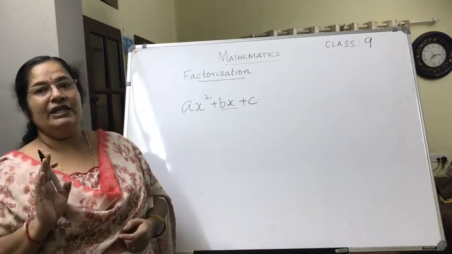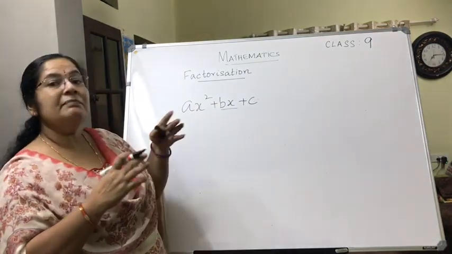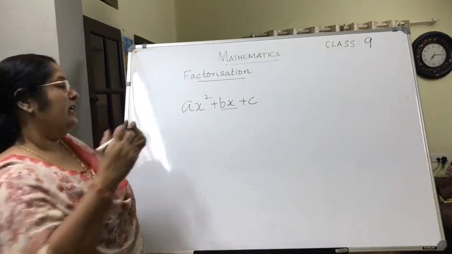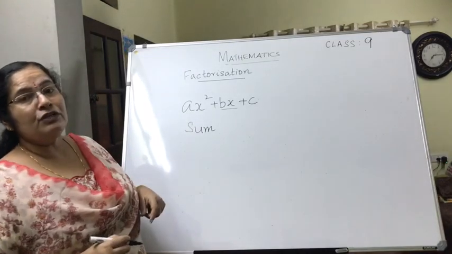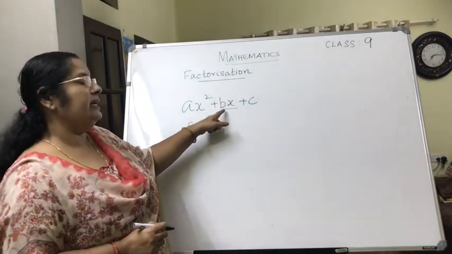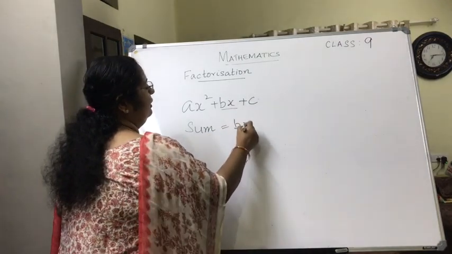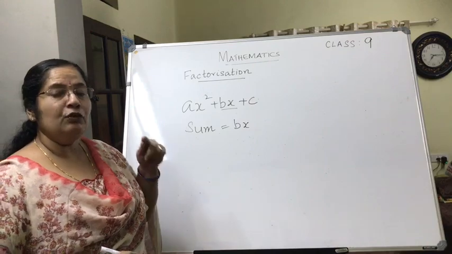The condition is that the sum of the two terms into which bx is being split should be equal to the middle term bx, and the product of those two terms